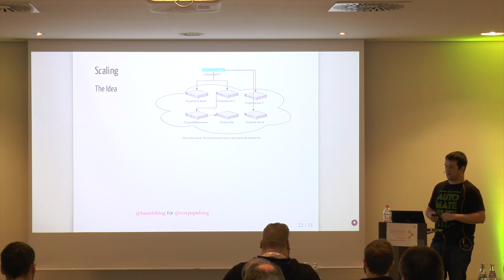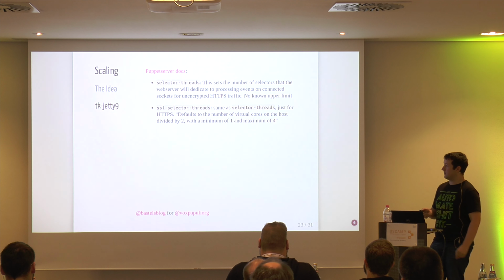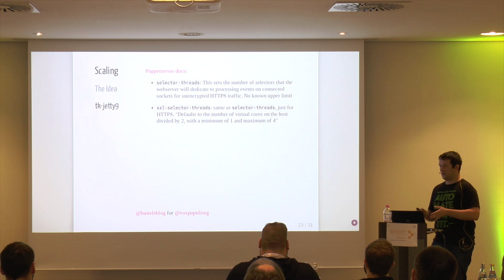So we were thinking about this, and while we were thinking about it, we took a look at the web server in Puppetserver. That's a library called Trapperkeeper Jetty 9. And these are 2 quotes from the official documentation. There are several settings that you can tune. One of them is named selector threads, which is basically the amount of HTTP connections that the Puppet server can accept at one time. And those threads, after they